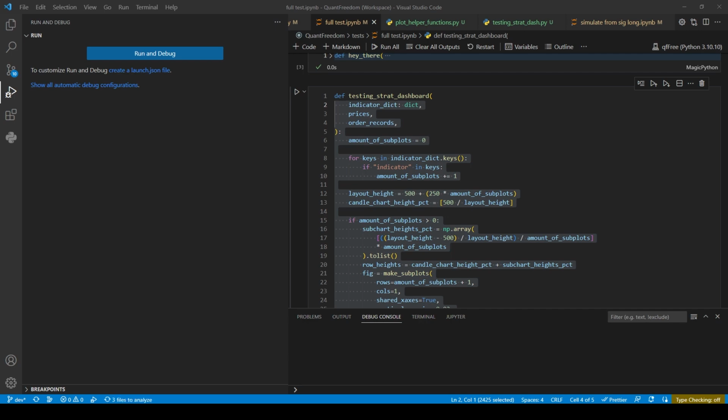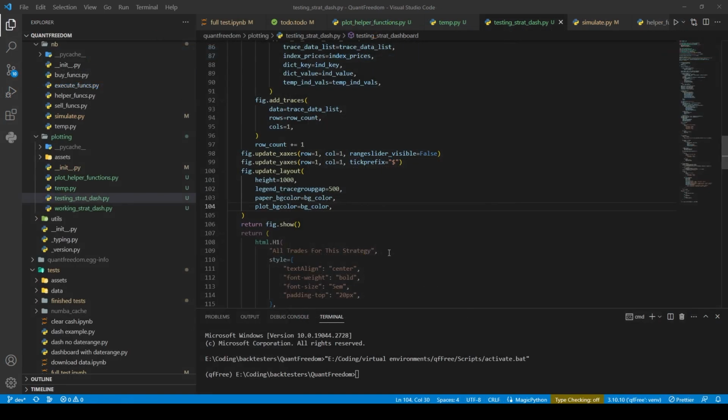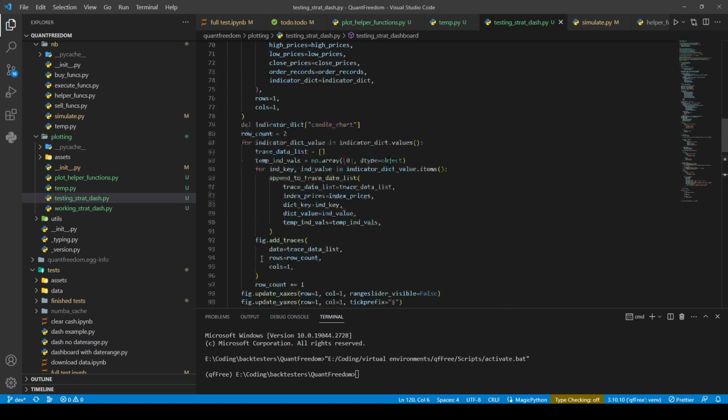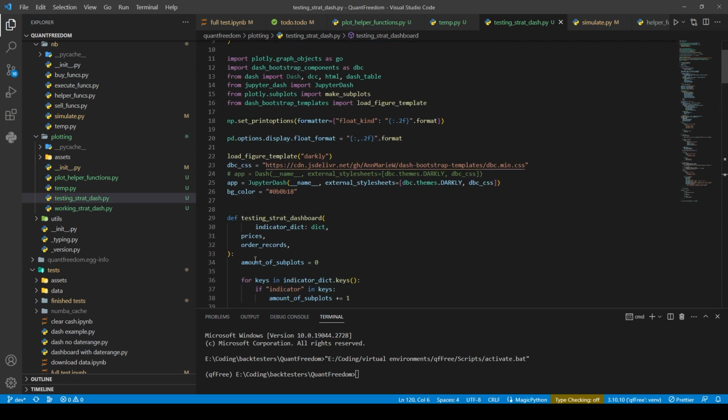Thank God I did that in the Jupyter Notebook, or else I would have died. So we just replace this. So now we do that. And now that's done. That part's done. And